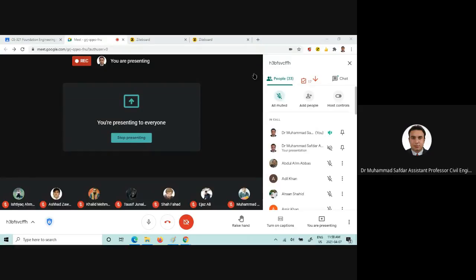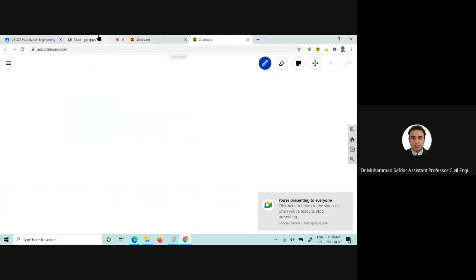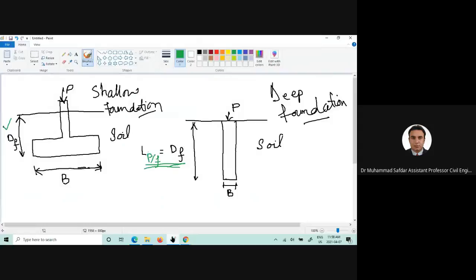If you see here, where is that figure? Here. So if you see here, this is looking like a column, but it's constructed into the soil. So for example, if we are constructing a building on top of these piles,